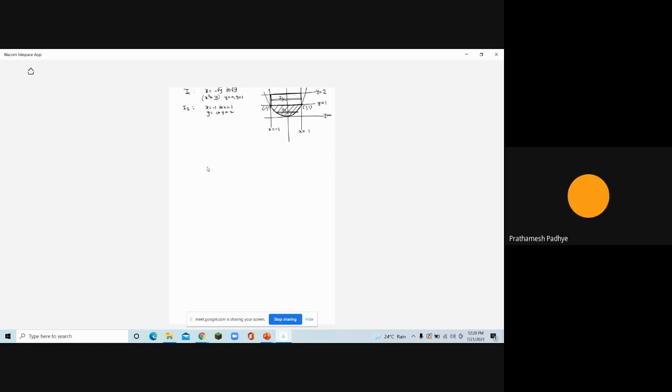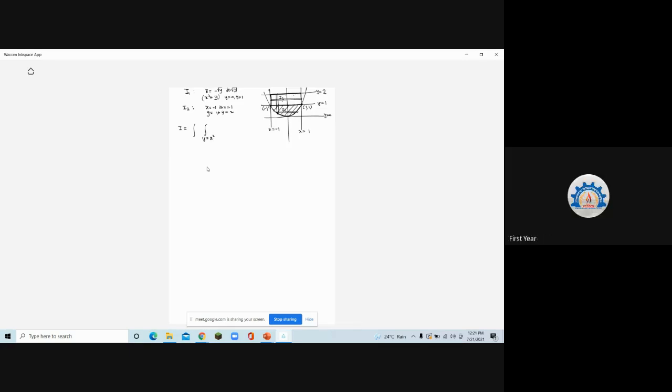Yes, ma'am. So now you consider the vertical strip and tell me what will be the single integration. We'll take the positive part and multiply it by 2. Yeah, you can do that. I'm not asking for the final answer, I'm asking just for the limits. You can take one section and do it 2 times, or directly go for it. You have the limits in terms of x and y, all the coordinates you know. So where does the vertical strip rest below? It goes from x square to 2, and x will be from minus 1 to 1. So y is equal to what is this curve? y is equal to x square, right?